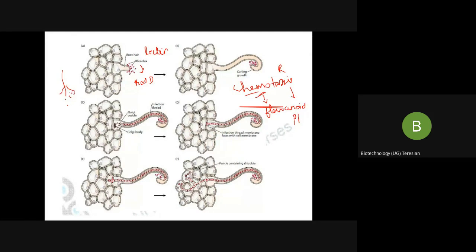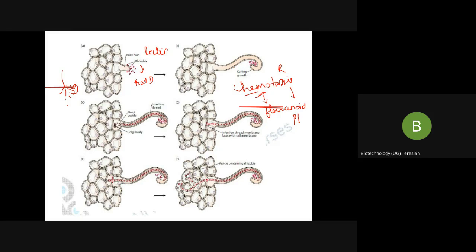Now, how are these very specific? This root hair will have lectin receptors. If there is a receptor, only the particular molecule which has a complementary shape can fit into this receptor. That is why it is specific. So the lectin activation directs the rhizobium to anchor to the cell wall of the root hair. All the rhizobium will go and anchor to the root hair of the plant. Next picture, you see picture B.